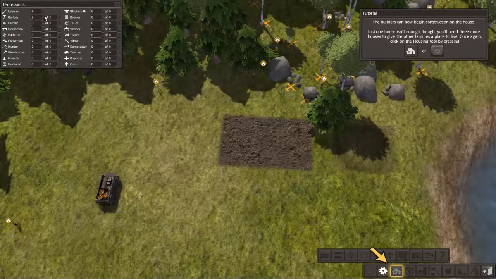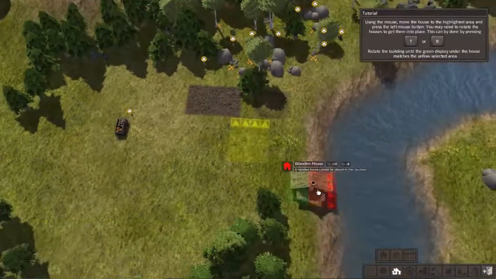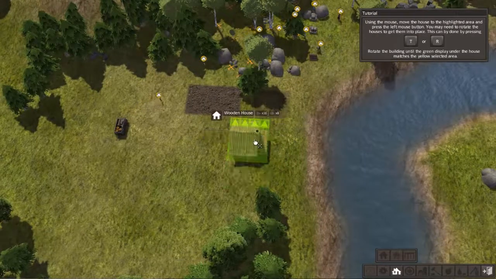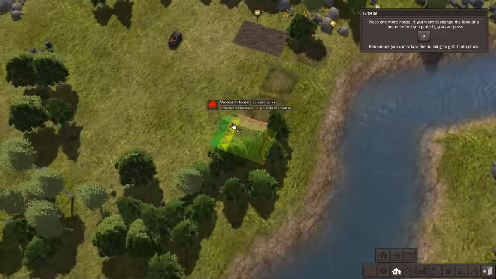The builders can now begin construction on the house. Just one house isn't enough. You'll need 3 more to give families a place to live. Once again, click on housing. Click on housing. Alright, I'm going to rotate that. See, if you notice, it's got like the... no, I don't need to rotate the screen. Let me rotate that. T or R will rotate...